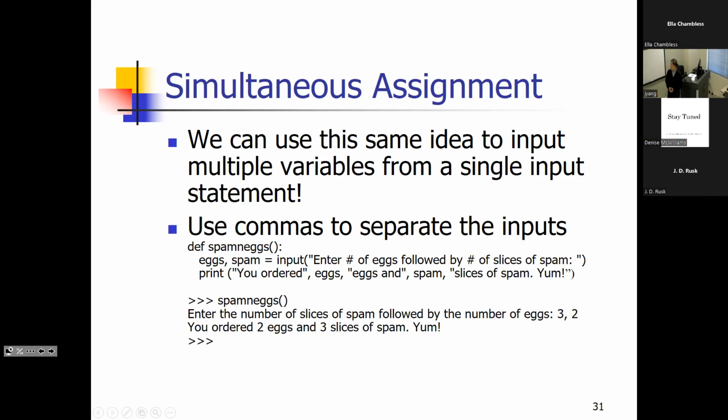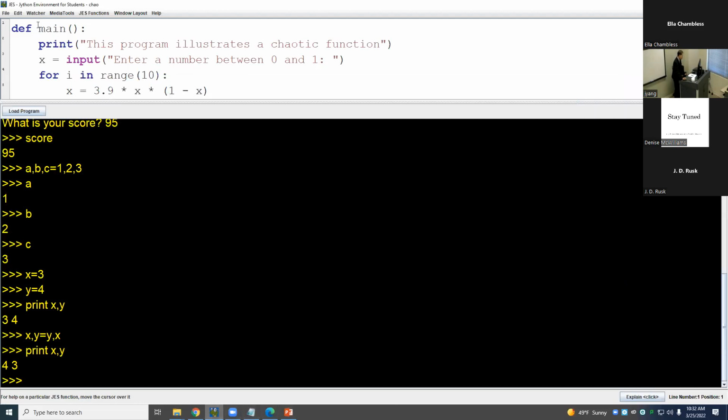So we can use the same idea to input multiple variables from a single input statement. For example, this is a simple program, spam and eggs. If we go out for a picnic, we want to count how many eggs, how many spam. So the program: x, comma, spam is assigned with the input, enter the number of eggs followed by number of slices of spam, and then print the order, how many eggs and how many slices of spam. Yummy. So if we run the program,